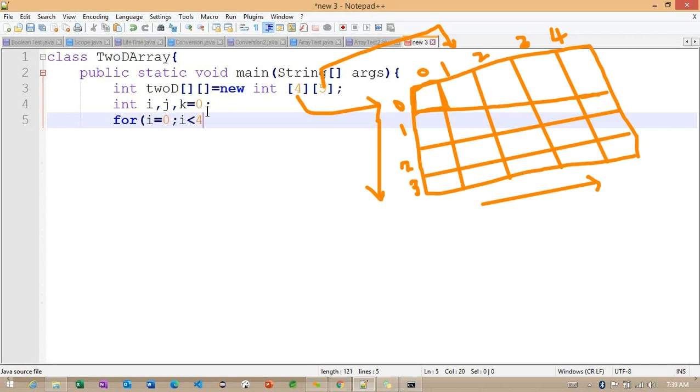Here we want to make the row-level condition. Based on this row, we'll initialize the values into the columns. So I'm making the condition for the row level, and finally I go for i++.